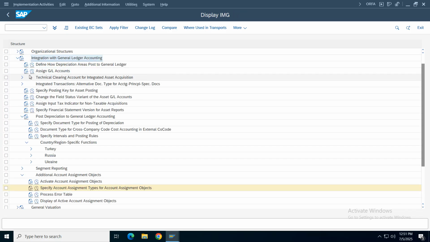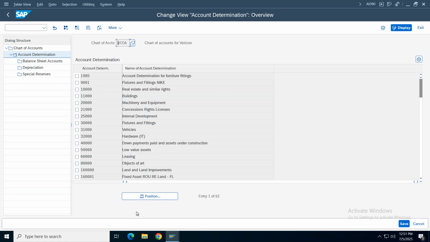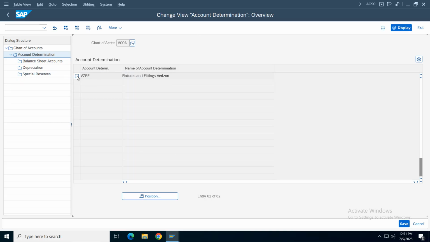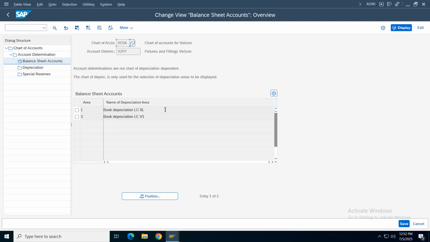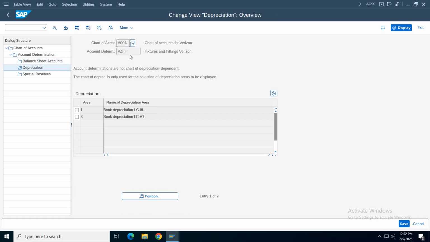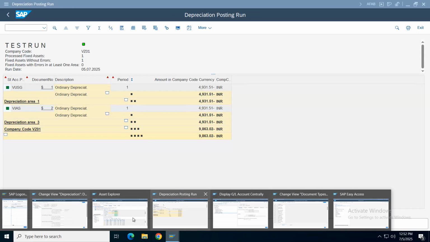So see how the system GL accounts are getting derived. See chart of accounts, account determination, which is our account determination, furniture fittings, right? VZ, FF. So under account determination, under balance sheet, we have two accounting principles. So we are assigning the GL accounts here. It is the combination of account determination, your chart of accounts and your accounting principle. Three combinations, but where is your account determination linked? In the asset class. So while creating the asset class we got the